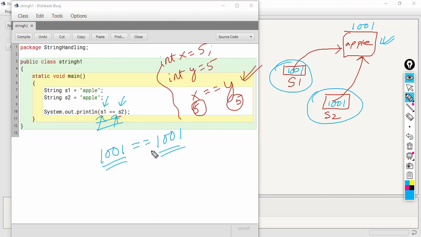Okay. So for comparing strings, to find out whether they are equal or not, they are same or not, we must use the function known as equals.